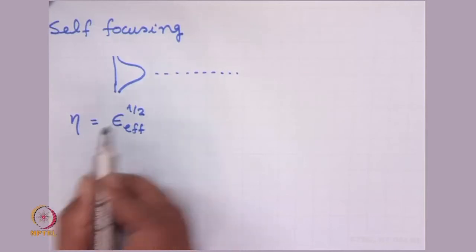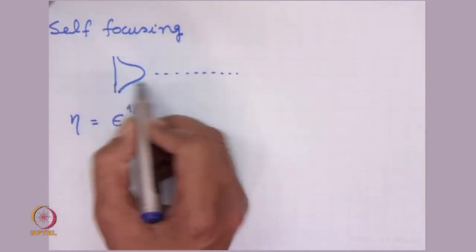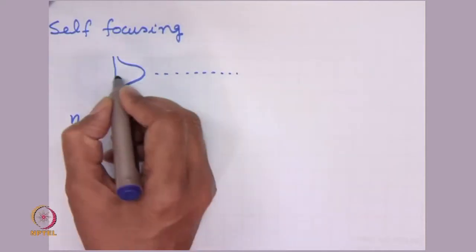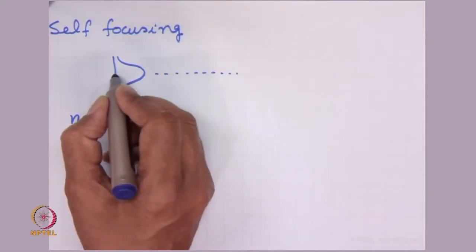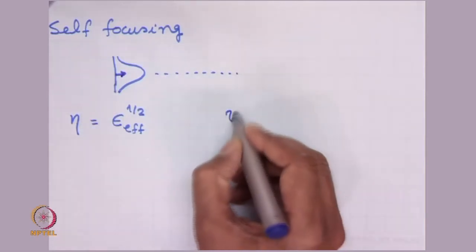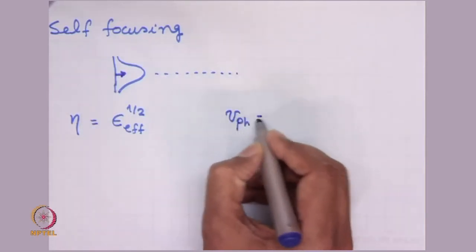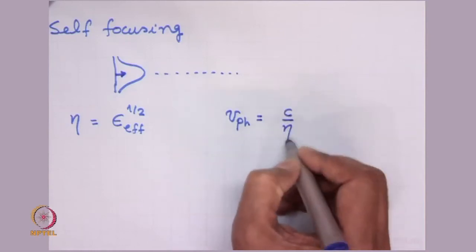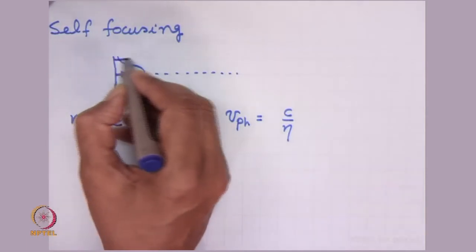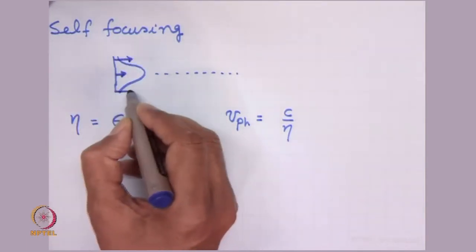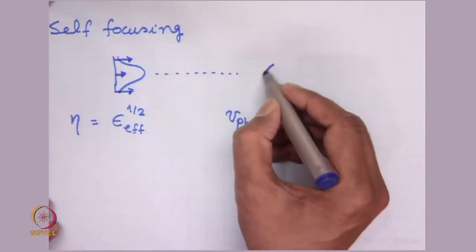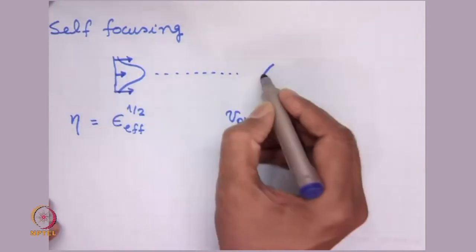So, when the laser travels in a plasma, the portion of the wavefront which is near the axis will travel with a lower phase velocity, because the phase velocity of the wave is equal to c upon the refractive index, and the marginal rays will travel faster with larger phase velocity. As a result, this wavefront will acquire a curvature, because this travels less distance and this travels more distance,